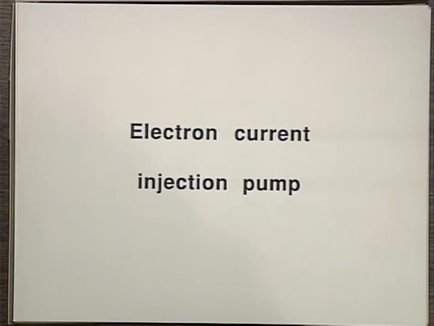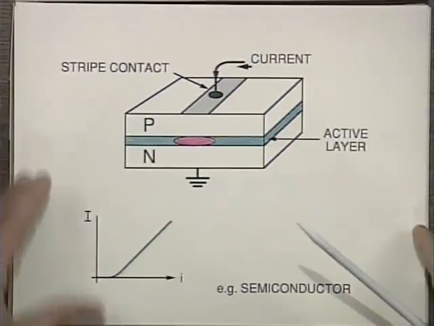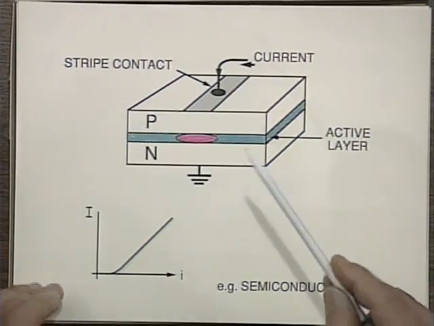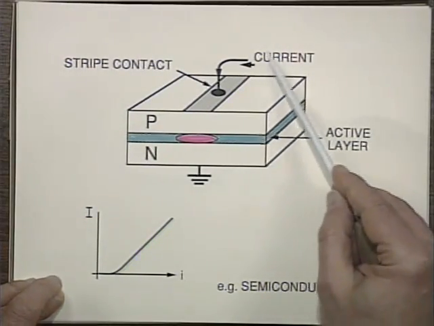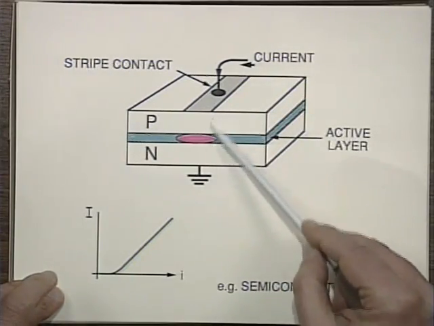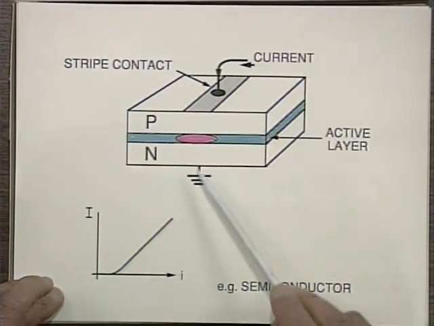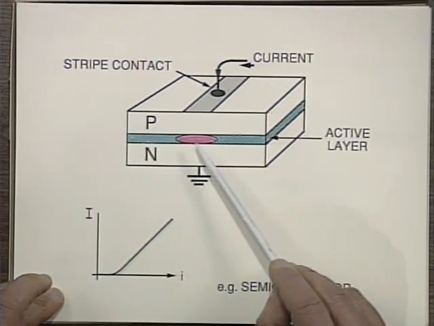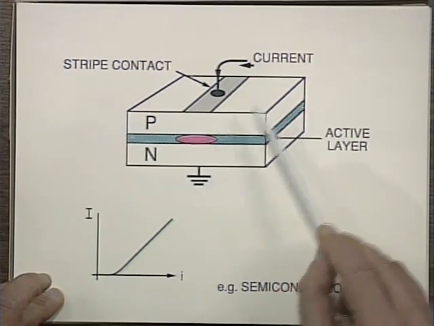One more laser I want to mention briefly is the semiconductor laser, which depends on what we call electron current injection pumping. Again, it's a complicated laser to explain quickly, but all I want to show you here is a simple diagram of such a laser. It's one of the smallest lasers there is, and it's current injection. You're passing current through essentially a PN junction, called the active layer, and over here you get the gain generated, and the mirrors are actually the reflection